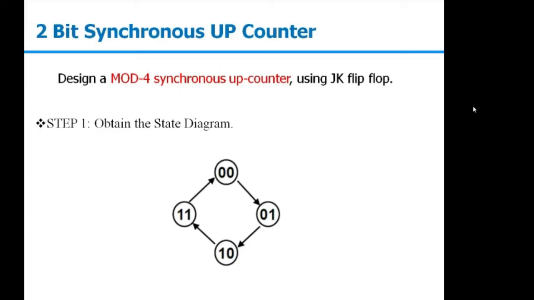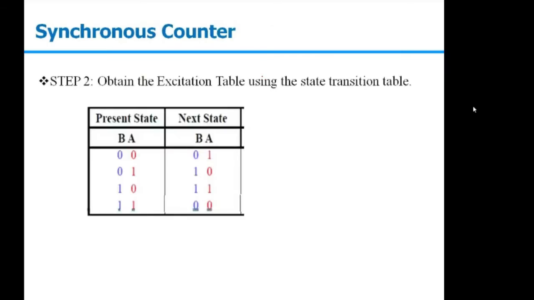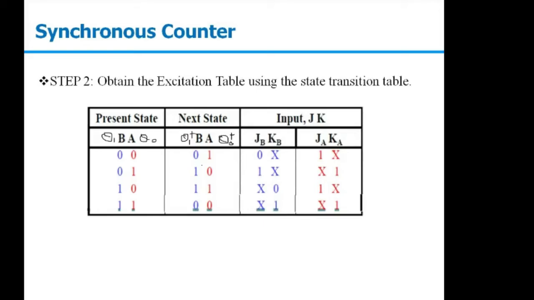So first we have made the state diagram. Then we have made the state transition table. Here we are considering A and B, but for simplicity you can think of this as Q0 and Q1 only, because ultimately in the flip-flop part you will be having Q0, Q1. So this will be Q0 plus and Q1 plus. Once we have made the state transition table, we will be making the excitation table. So here we are using a JK flip-flop, a different strategy again.